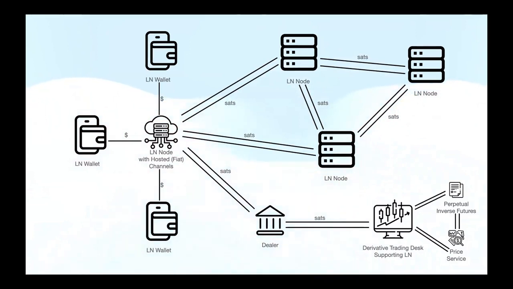So that's the process that actually enables the dealer to ensure the value of the Satoshi that users have in their wallet. The dealer can do this by executing several hedging strategies. The simplest hedging strategy to guarantee a fixed value of Bitcoin in terms of US dollar in the futures is a hedging strategy that makes use of a perpetual inverse futures contract